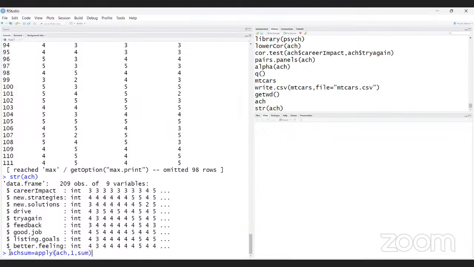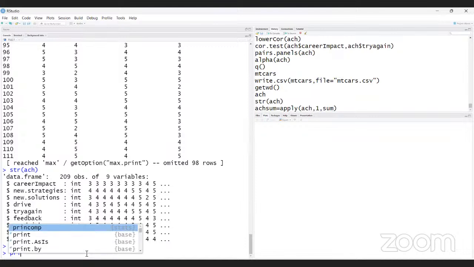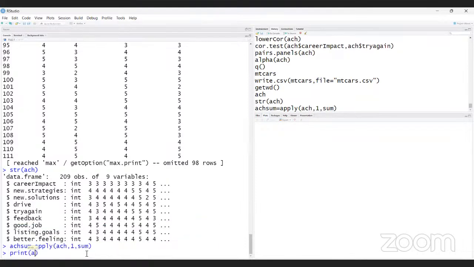Okay. So H is the data frame. 1 means row wise, row wise data, and the sum will be there. So I'm writing H sum. Now if I write print H sum.